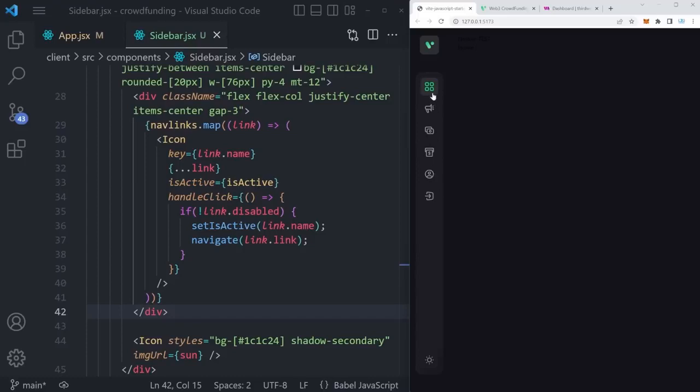And there we go. You can see that some icons you can hover over, and then it means you're clickable, and they actually change the page, which is perfect. And the other ones you cannot click on. So in this case, we have the dashboard, we have the create a campaign, and we have our profile. Perfect. With that said, we not only have the sidebar, but we also have the navigation of our application done,